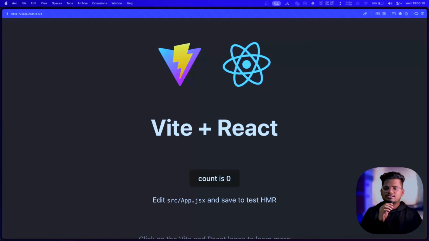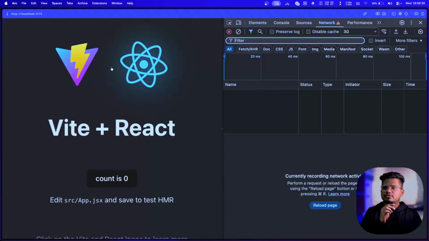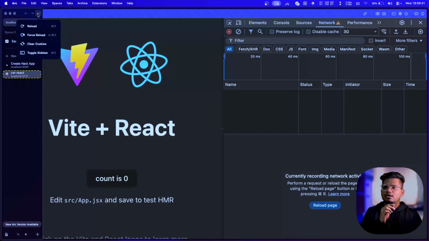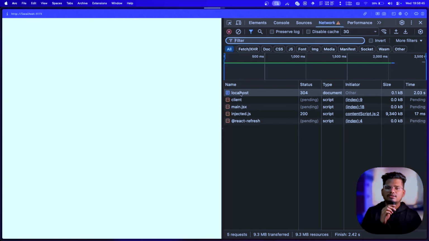Now let's understand the client-side rendering flow, or CSR. I am going to walk you through exactly what happens when you visit a React application. For that, I have created a React application, you can see it on your screen. When we inspect this, going to the network tab, after we hit reload, you can see first